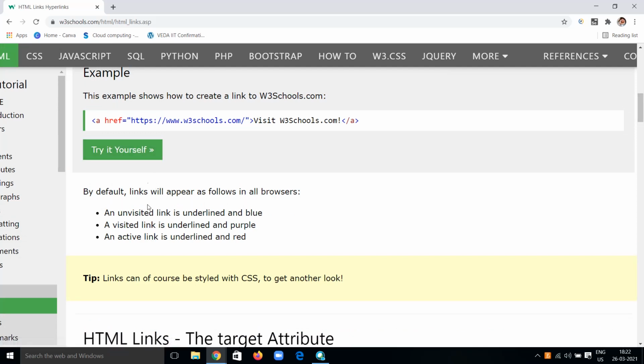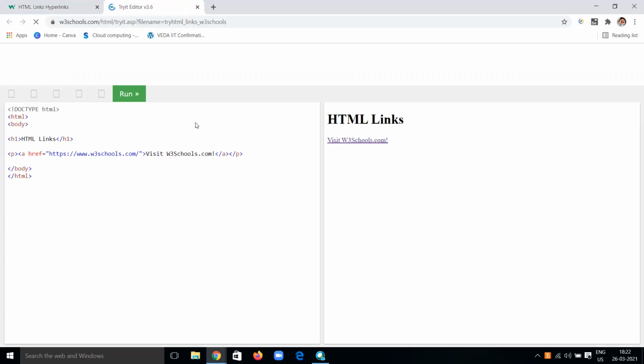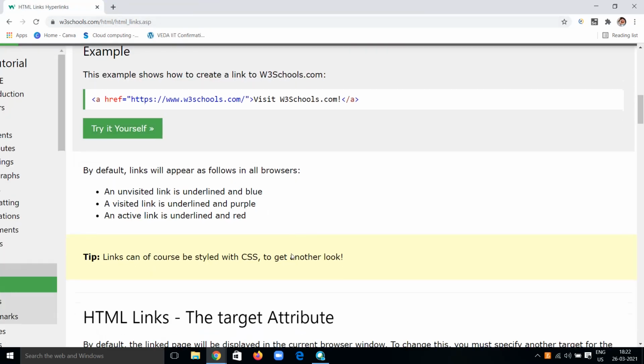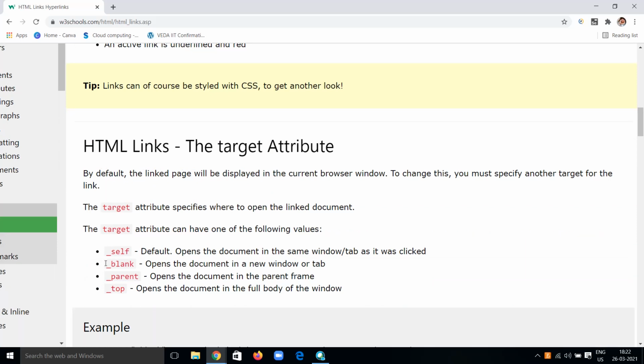You can see a normal arrow as the mouse pointer, and when I go to the link, it turns into a small hand. If I click on this link, it takes me to the other tab. The link is mentioned with the target attribute value underscore blank. So like this it will go into another window or tab.